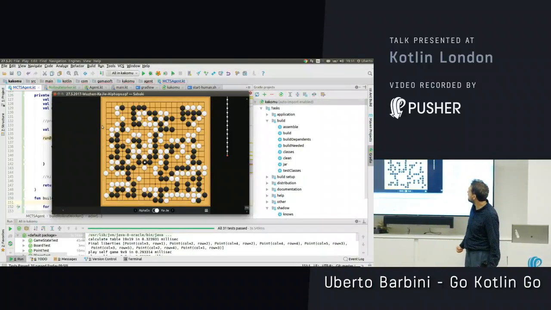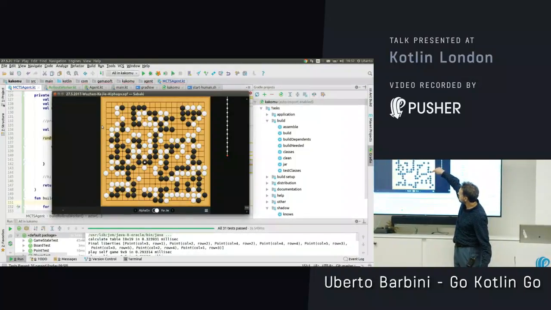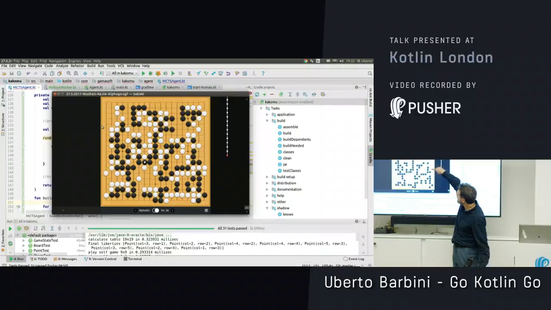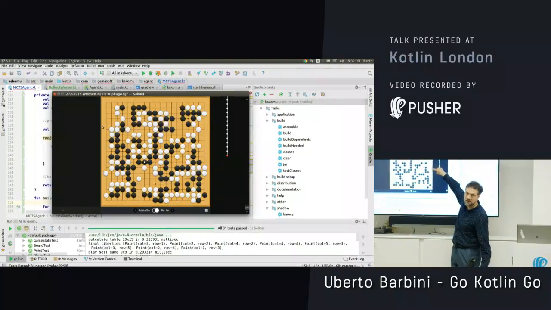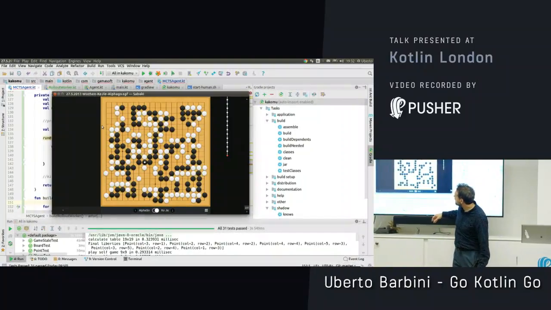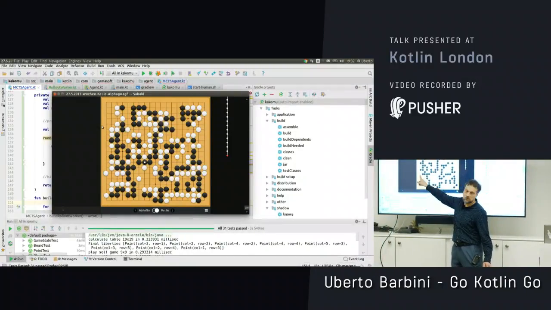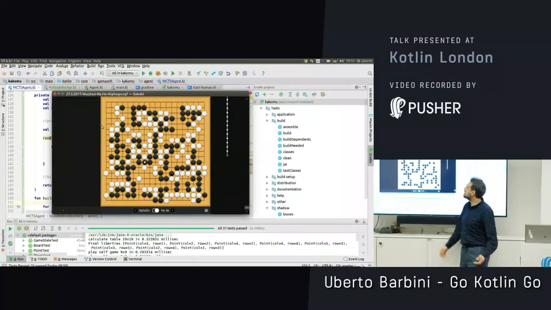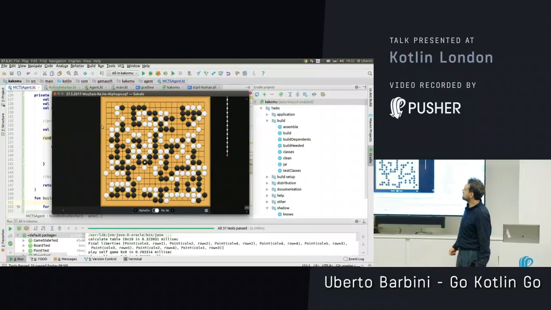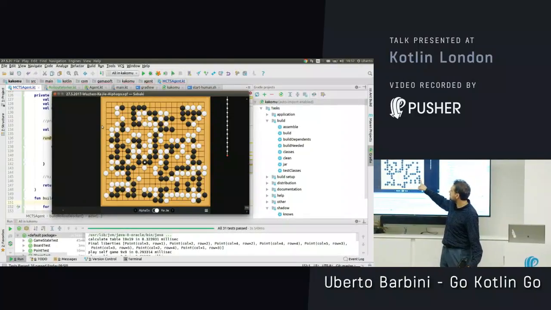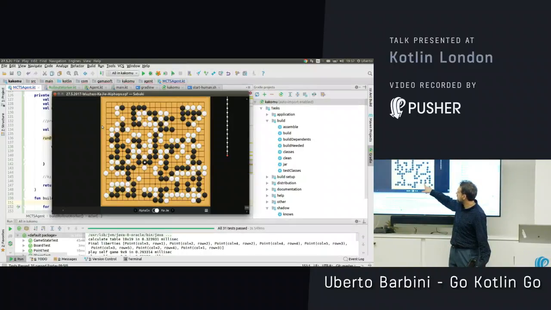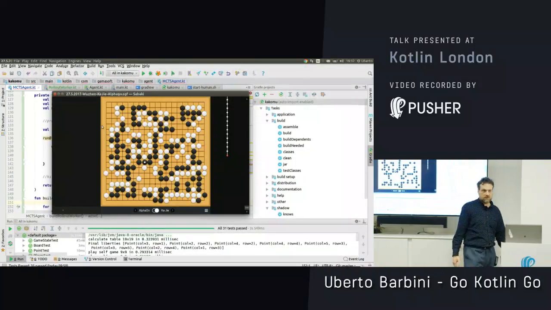For example, those 3 stones are actually dead, because you can see that there is no way they can form 2 eyes. So they are already counted as white. And these instead are alive, because here white has enough space to make 2 eyes. This is a lot of stuff that stronger players do automatically, without even thinking. And these stones are actually connected, because if white plays here, black plays here, so you can connect. There is a lot of stuff going on.